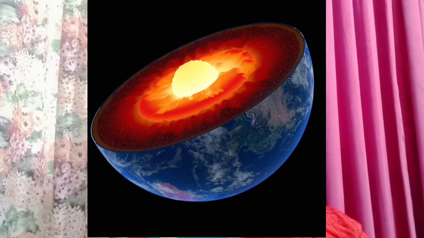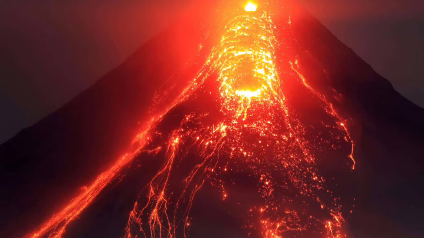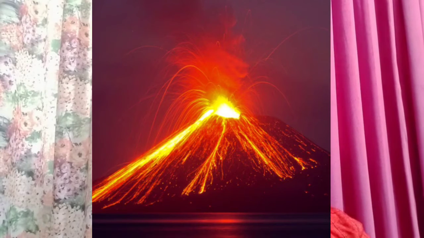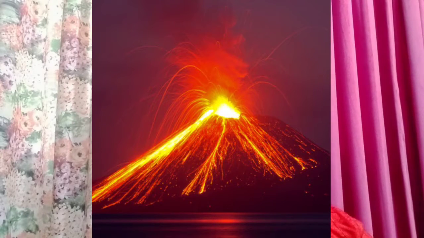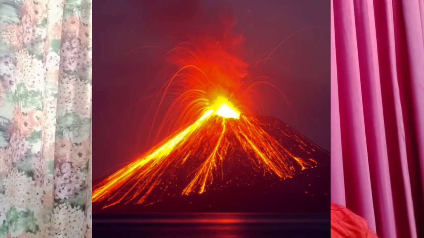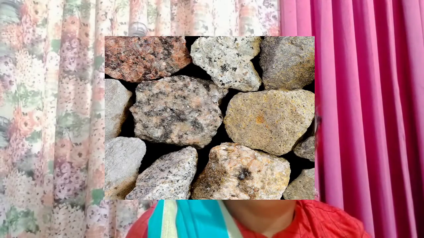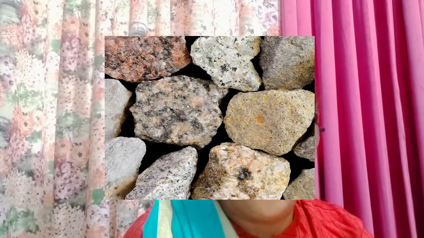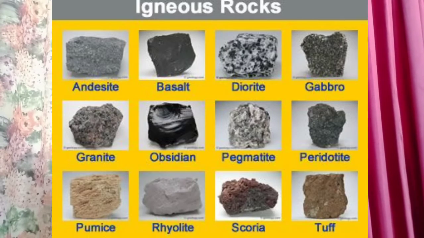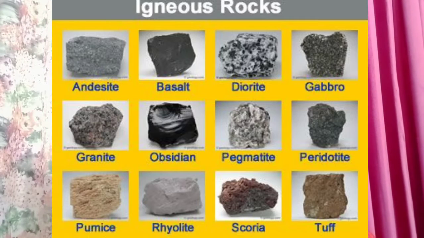Question is, what does a volcanic eruption consist of? What comes out during the volcanic eruptions? During volcanic eruptions, magma comes, gases come and steam comes. When lava cools and solidifies, igneous rocks are formed. In previous classes you have studied metamorphic rocks, igneous rocks, sedimentary rocks. Igneous rocks are primary rocks because they are formed from the lava. When the lava cools down, igneous rocks are formed.